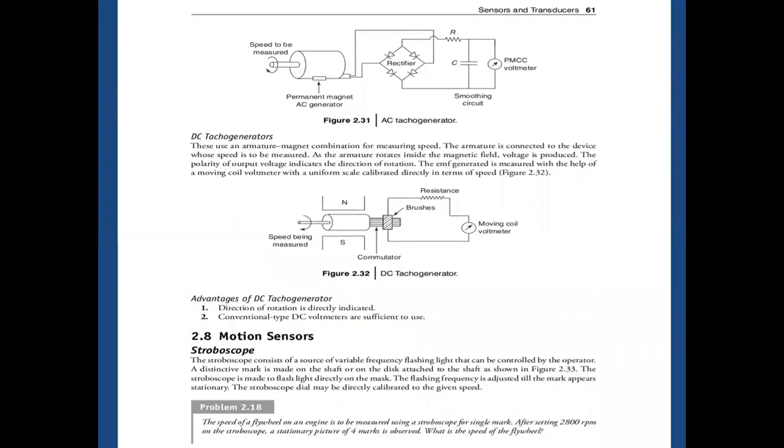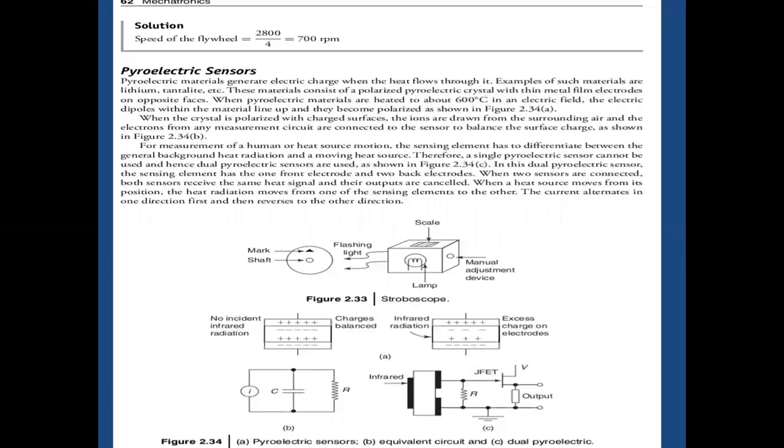In the case of motion sensors, we primarily have two kinds of sensors. The first one is the stroboscope. A stroboscope looks like this. This is the ideal example of a stroboscope. And the second one is the pyroelectric sensors. A pyroelectric sensor has some resistance, and when we apply some voltage, it gets heated. While getting heated, the charge of the resistance gets dispersed.